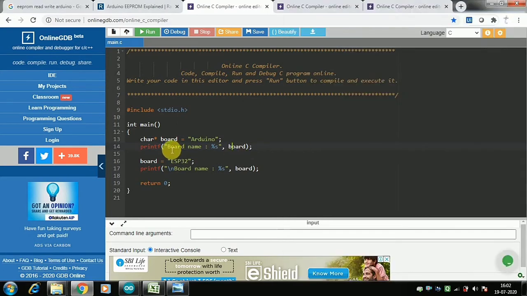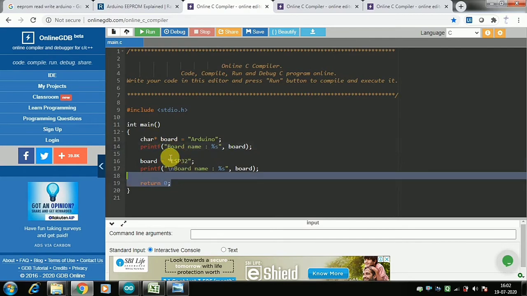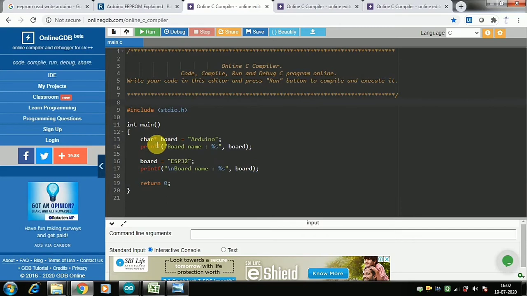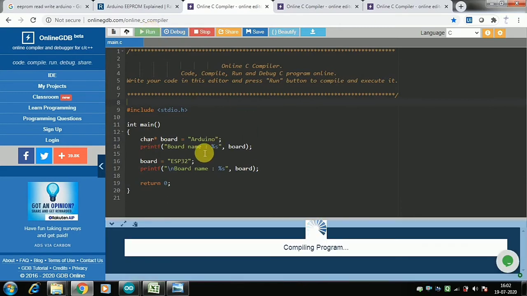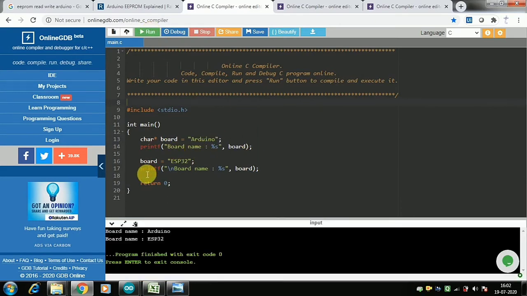So why we are using a pointer instead of simple character variables? That is because if we want to change strings and character arrays at runtime, they don't change, because they are immutable. We'll understand through this program. If it is a pointer and I run it, you see earlier it was Arduino, and then I change it at runtime to board ESP32.